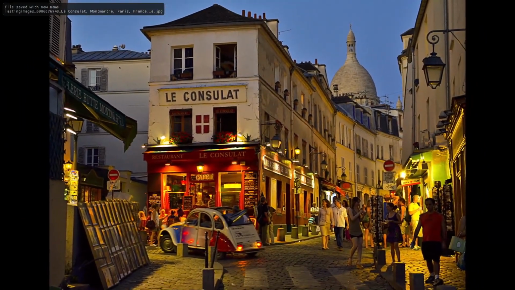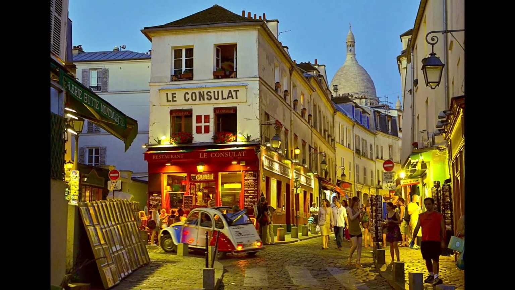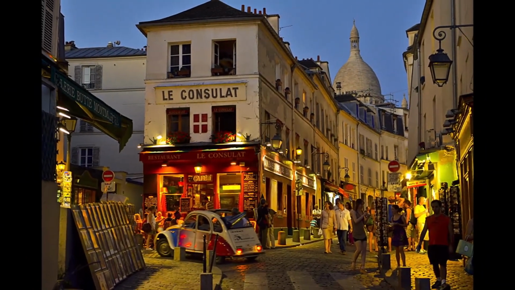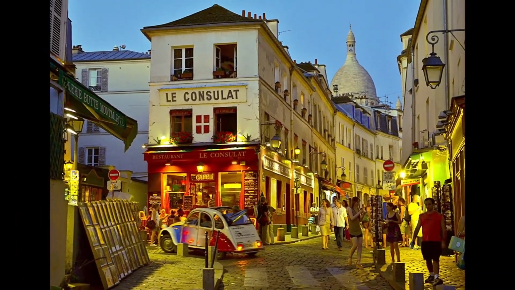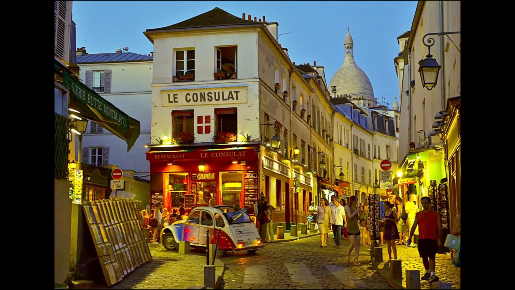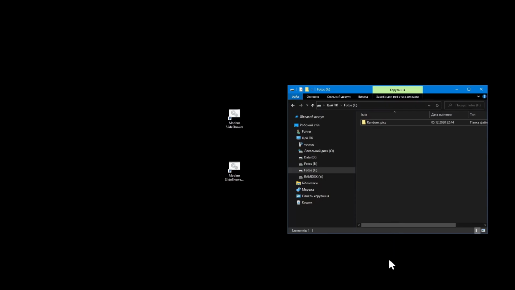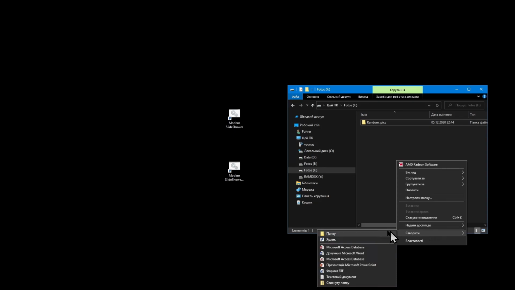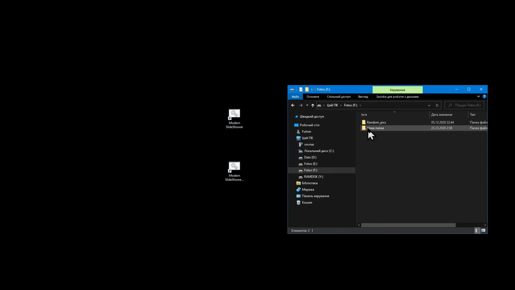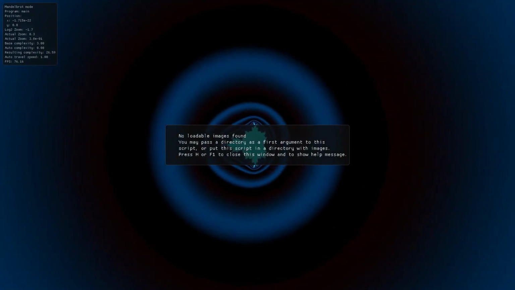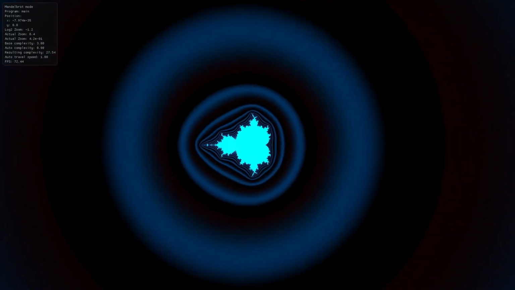That's all for image editing and viewing for now. But what if you don't have any image to view and edit? Well, you should still try Modern Slide Shower. Run it inside an empty folder or pass an empty folder to it, and you shall see the famous Mandelbrot set. Use your mouse to navigate it as any other image.